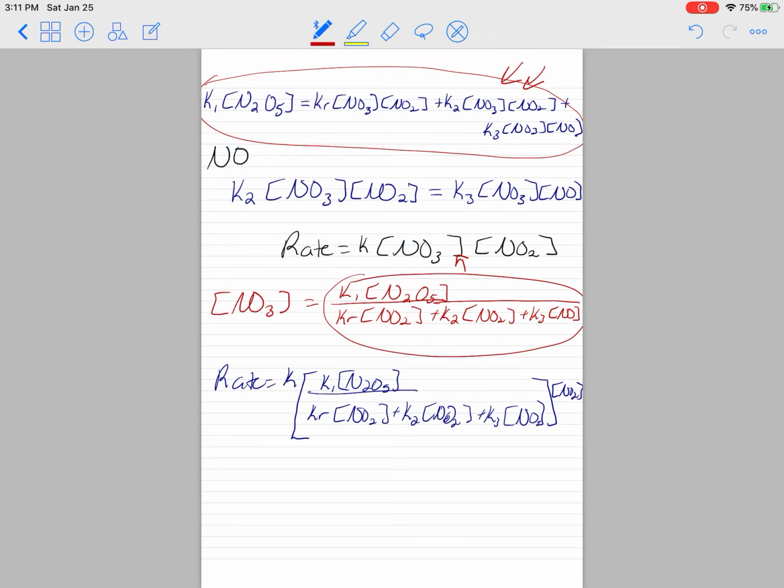But what we can hopefully see here is that NO2 would be considered to be on the top of a fraction out here, and it's on the bottom of a fraction here. So we can cancel out one of the NO2s just because they're opposite ends of a fraction. So we can cancel those out. So that actually leaves a rate law of